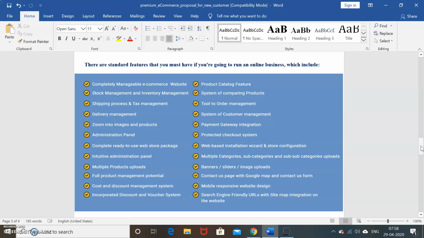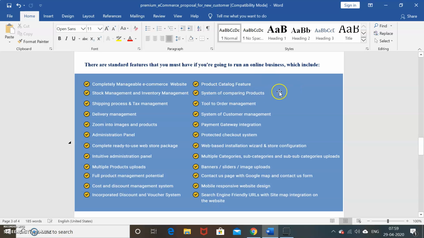So the dashboard, make it a simple website where there will be a user-friendly dashboard as well. Then that is the administration panel, and then multiple product uploads. Actually there will be an unlimited product uploading facility as well. And then full product management potential, cost and discount management system, incorporated discount and voucher system. All those features you can provide.